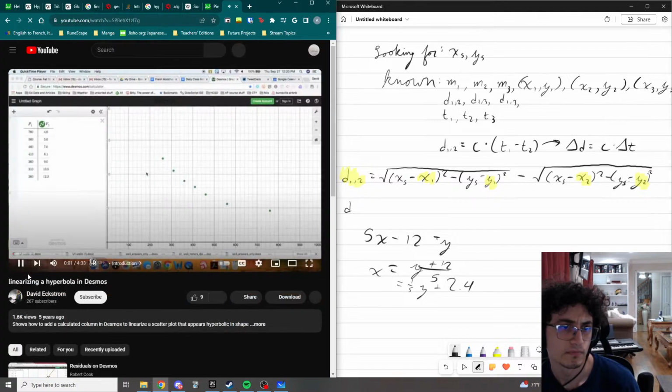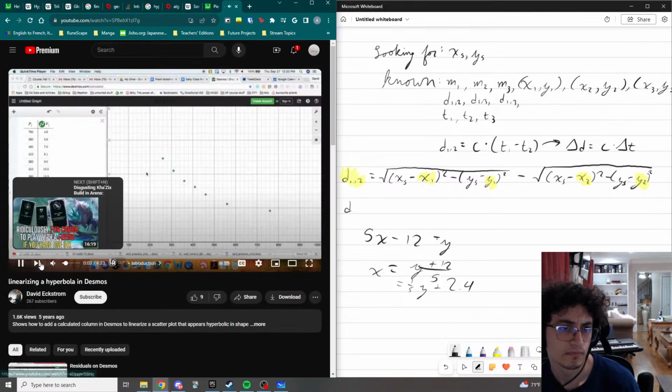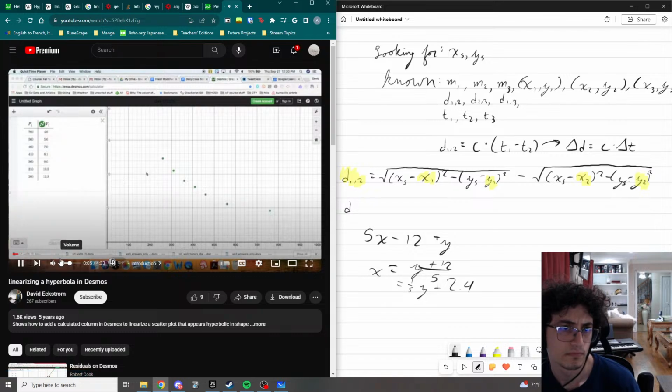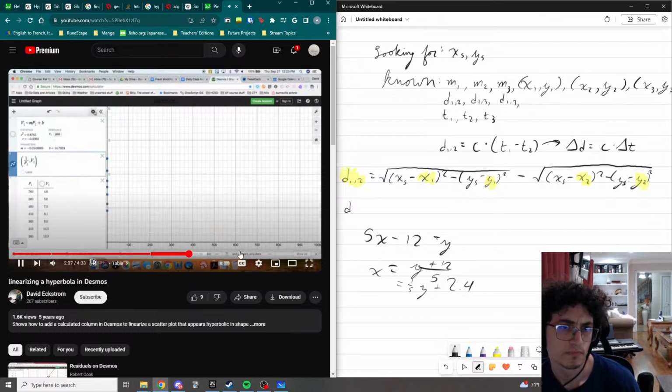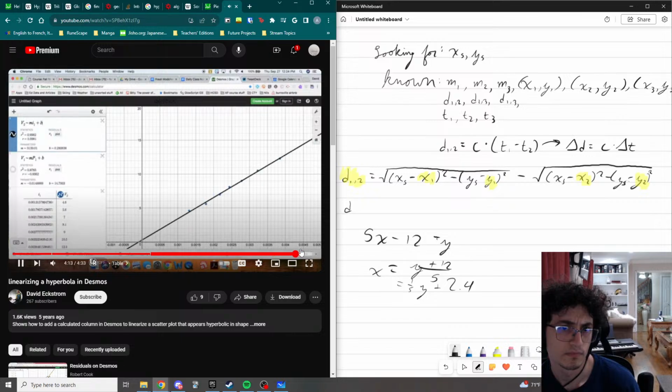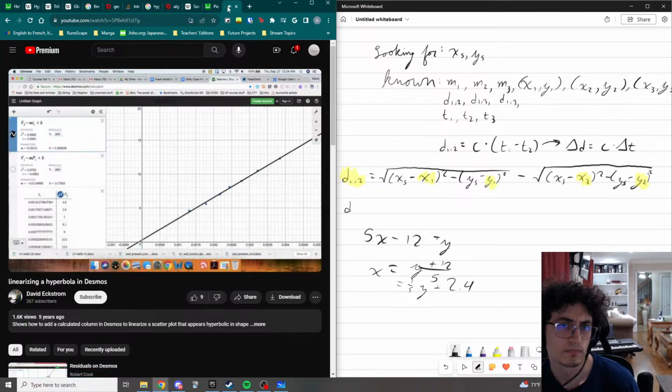In this video, I'm going to show you how to create a calculated column in Desmos in order to linearize some data to V1 insert the vertical axis values. So I'll click the, and going to 2, we now have a slope is probably